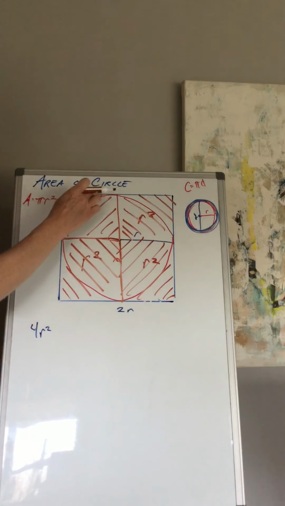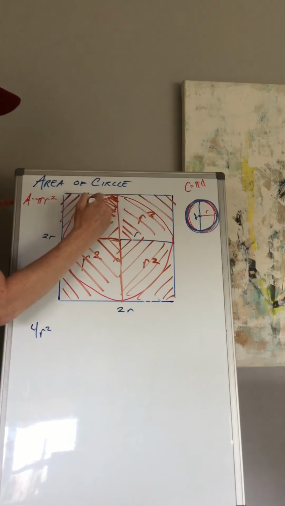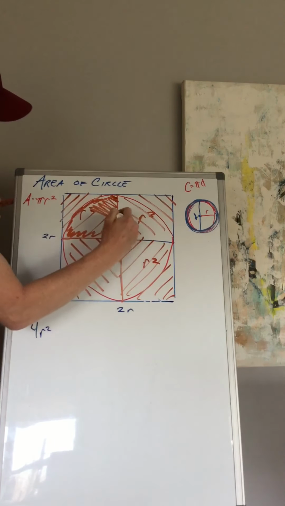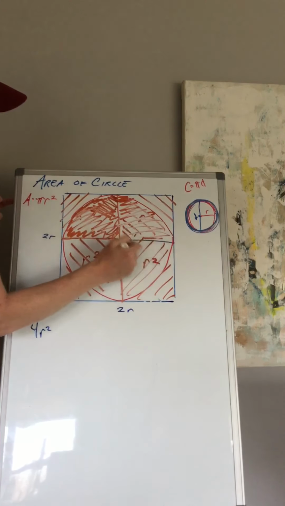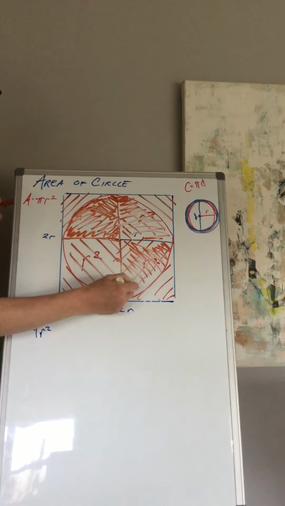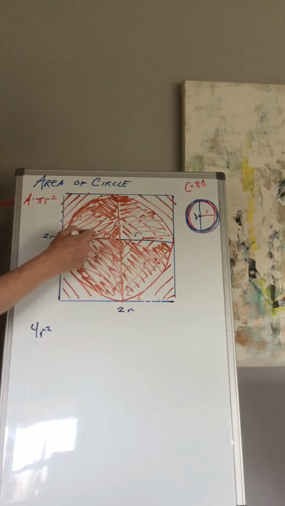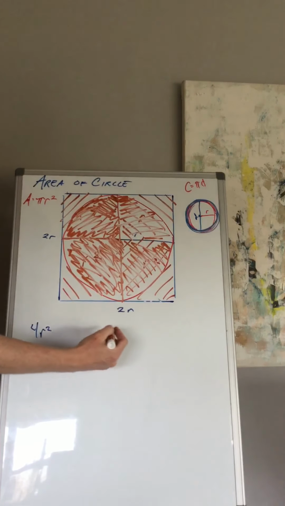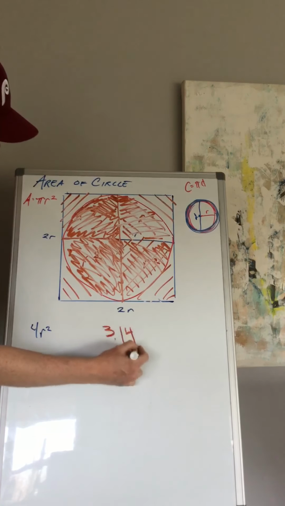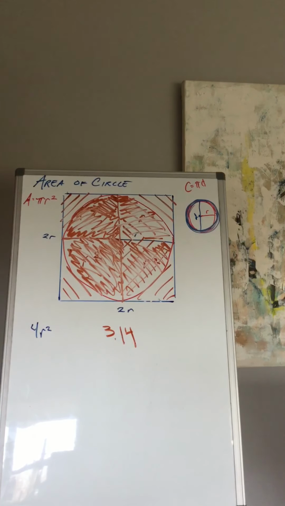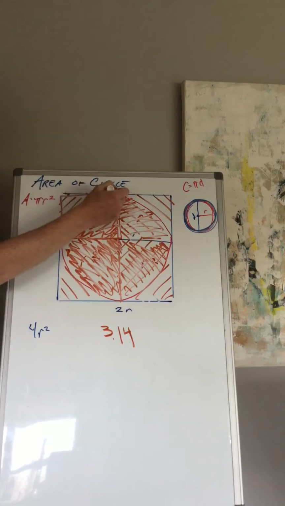So if we were to find the ratio, if we take this piece that is just the circle, and this piece, and this piece, and this piece, it is 3.14 of the full square. So basically it's saying you could fit a little over 3 of these